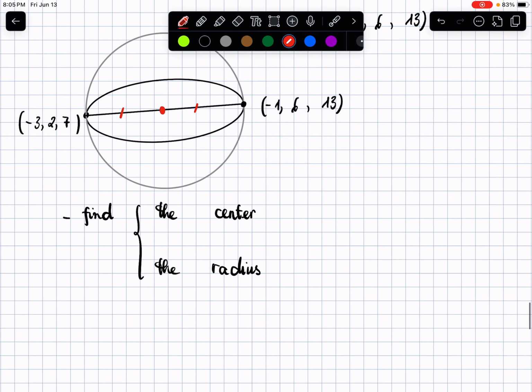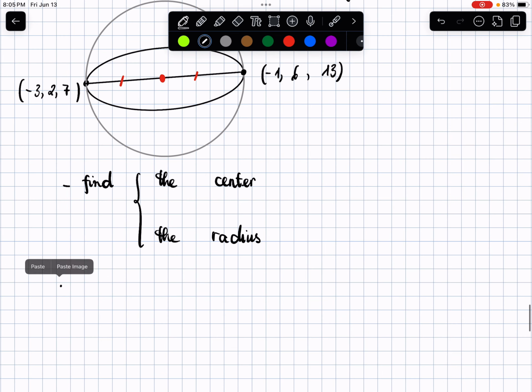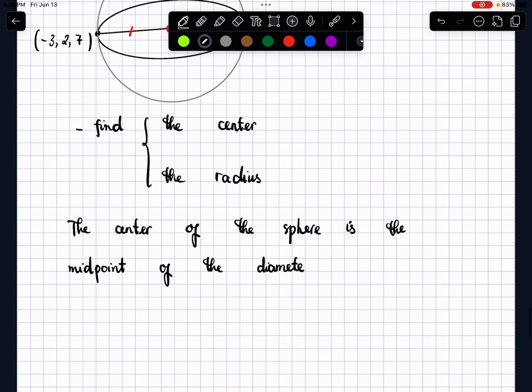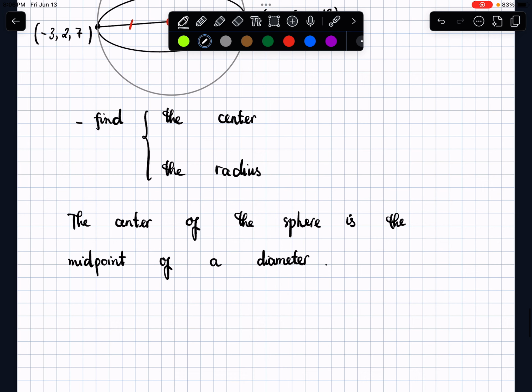So the center of the sphere is the midpoint of the diameter. The diameter we are talking about here, or I say a diameter, and we pick this one. So in our case, the center has the coordinates